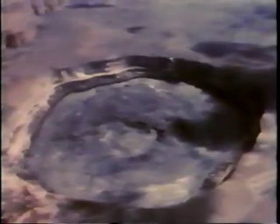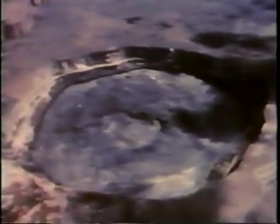A twisted, glistening, steaming landscape, dotted with conical hills, pitted with craters, broken by fissures. Sharp visual reminders that the island of Hawaii is made of volcanoes. Mauna Loa and Kilauea volcanoes on this island are still active and provide scientists with a dramatic natural laboratory in